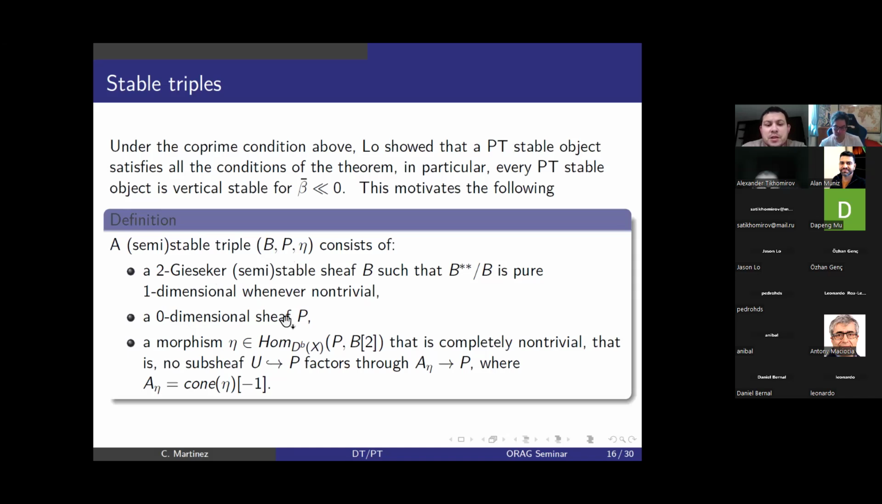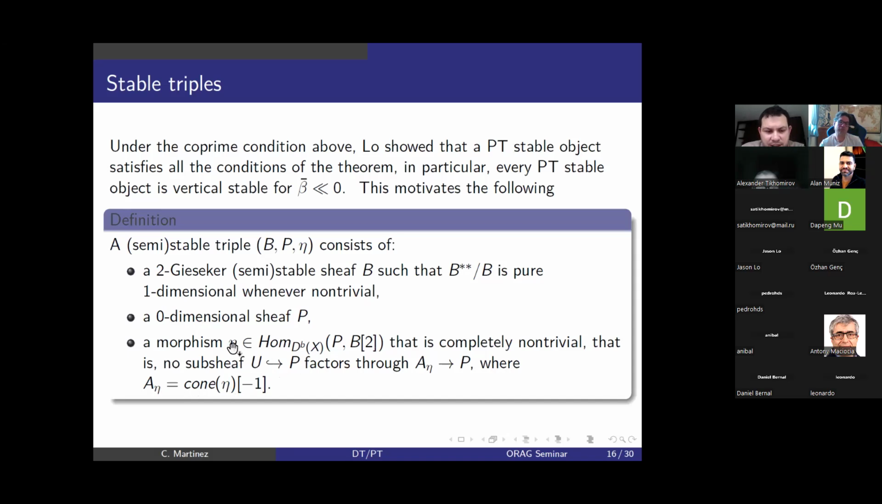P is a zero-dimensional sheaf, and eta is a morphism in the derived category from P to B shifted by 2. This is like taking an Ext^2 class somehow. And this morphism satisfies a condition that we call completely non-trivial. That means that no subsheaf of P factors through A_eta to P, where A_eta is actually the